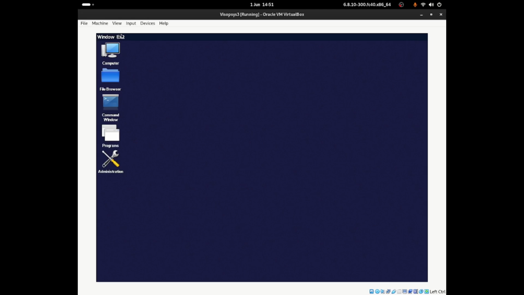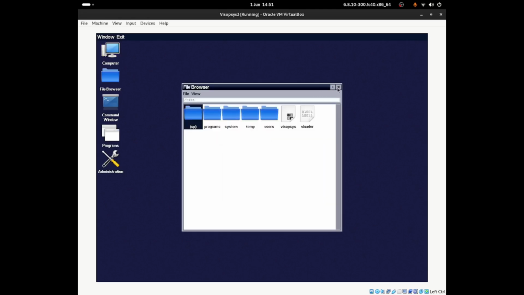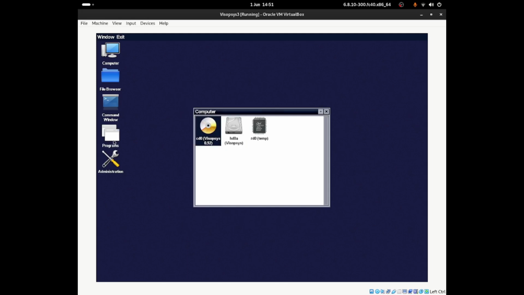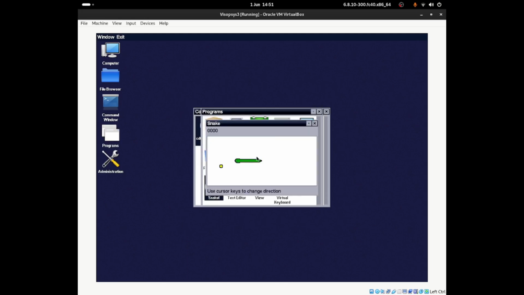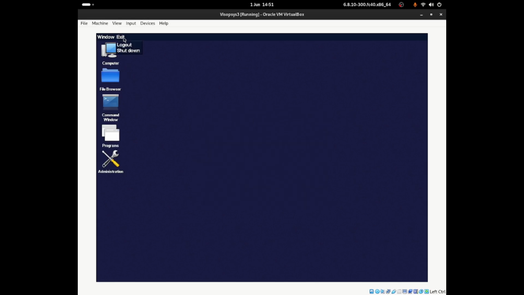Window doesn't do anything. I think what Window does is display what program I'm currently running. So if I go back to program, if I click on Snake, oh no it doesn't, okay, it just shows this window. Okay. So now if I want to exit, just click on the X button, and we should be able to log out and shut down. There's no way of actually being able to